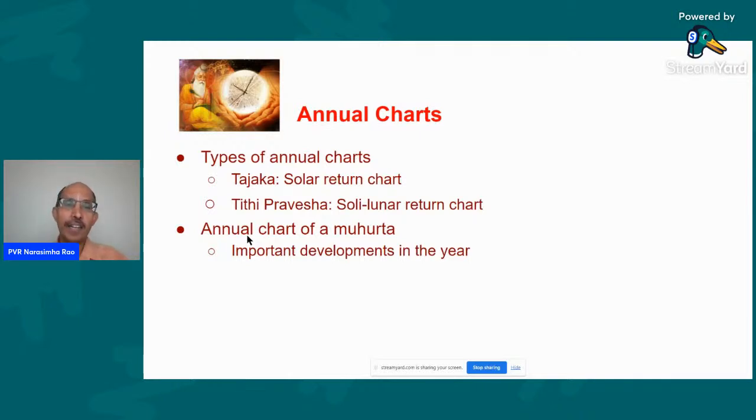And of course, the other kind of thing is any dharmic work those two people do. If a couple is engaged in a lot of dharmic work in a particular year, a lot of religious ceremonies, etc., that is also an important development in the life of the entity called their marital life, their marriage. So that can also be seen.